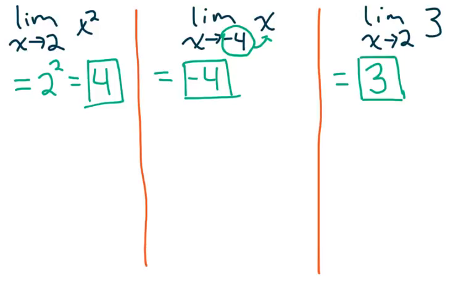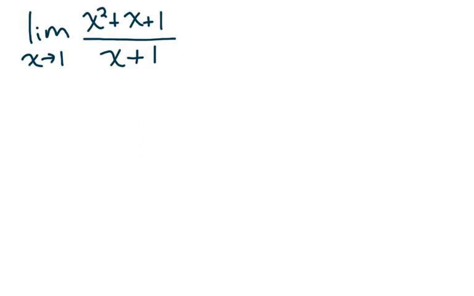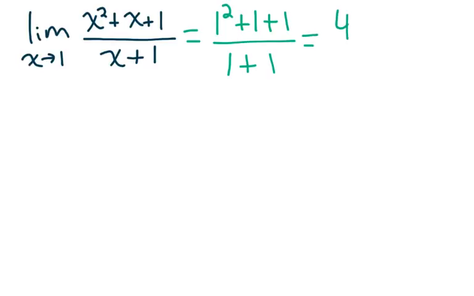So they start out very basic, but this substitution method still works when we have more complicated functions like this one. So here we're going to try to do the limit of x squared plus x plus 1 divided by x plus 1 as x approaches 1. And we just start by trying to plug in that 1. So we say 1 squared plus 1 divided by 1 plus 1. And we get in the numerator 4. Right? 1 plus,